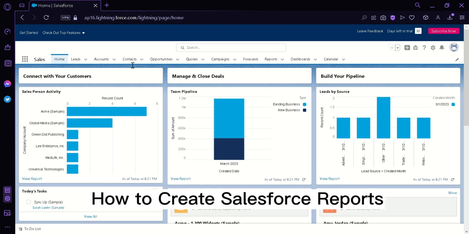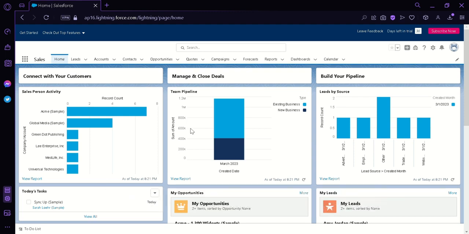How to create Salesforce reports. Hi guys, today I'm going to teach you how you can create and edit your Salesforce reports. Now let us begin. Right now we're at the home page of Salesforce, and what we're going to do is